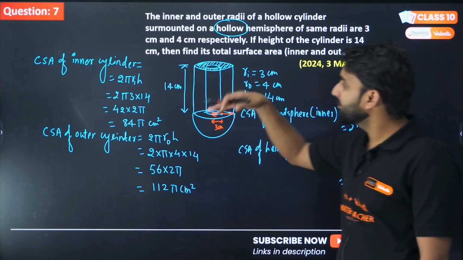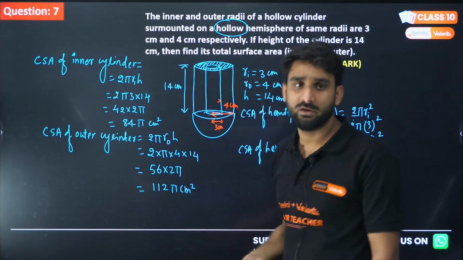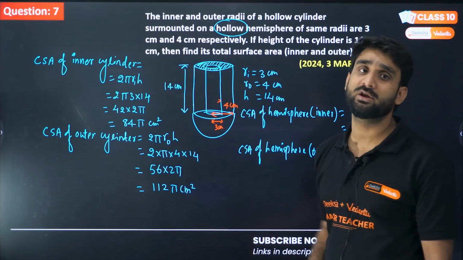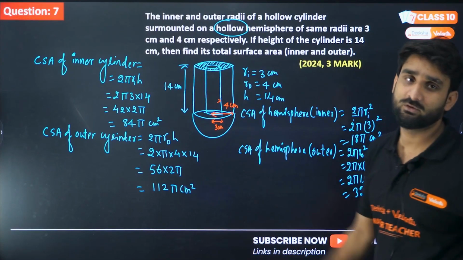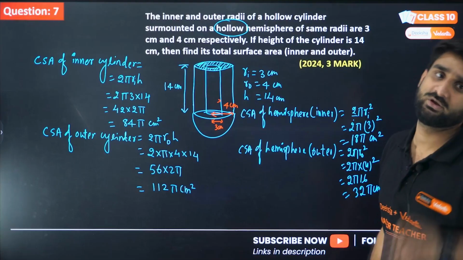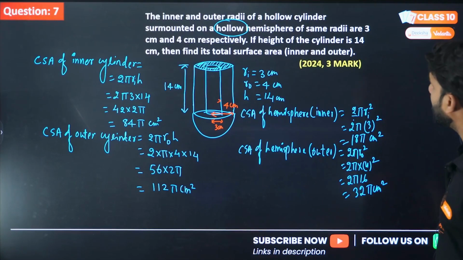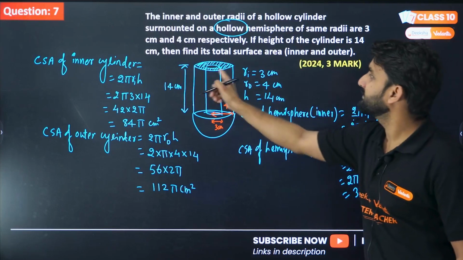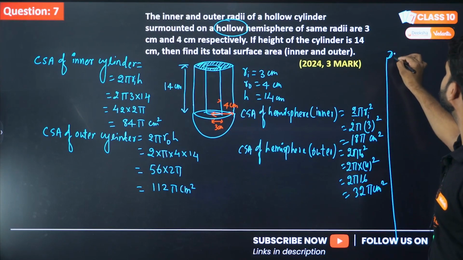Many of you might make a mistake here, because this also has to be considered. We cannot ignore that circular part, which is the difference of outer and inner. So what we can do here is find this area, the difference